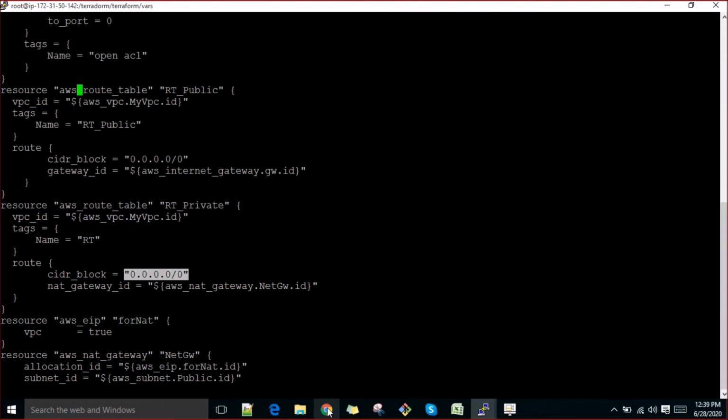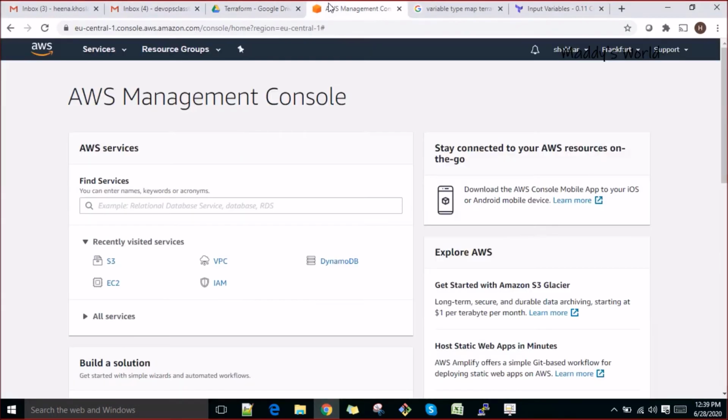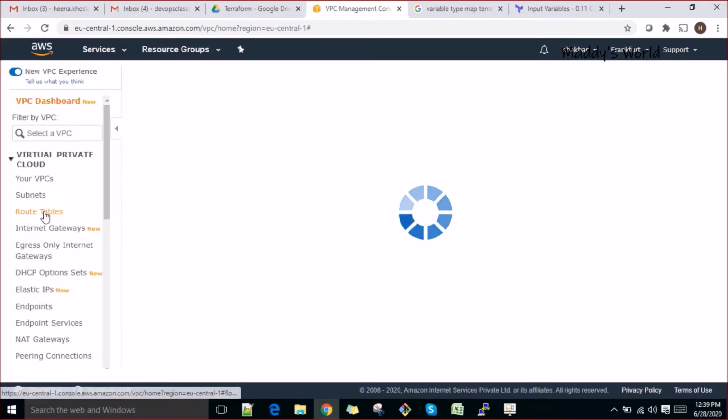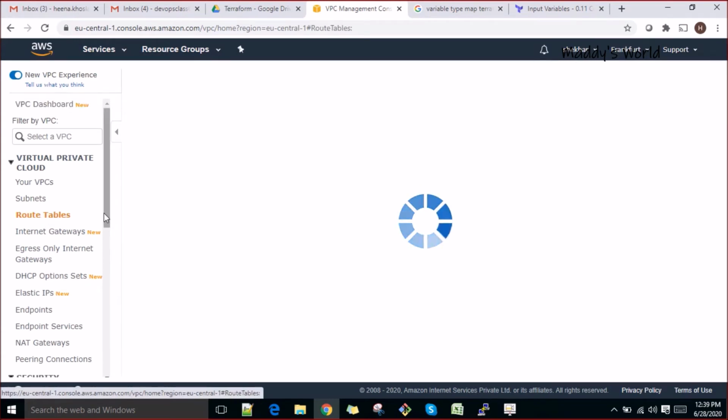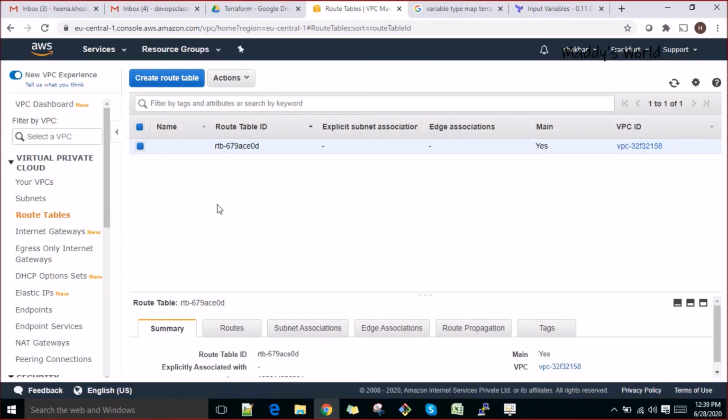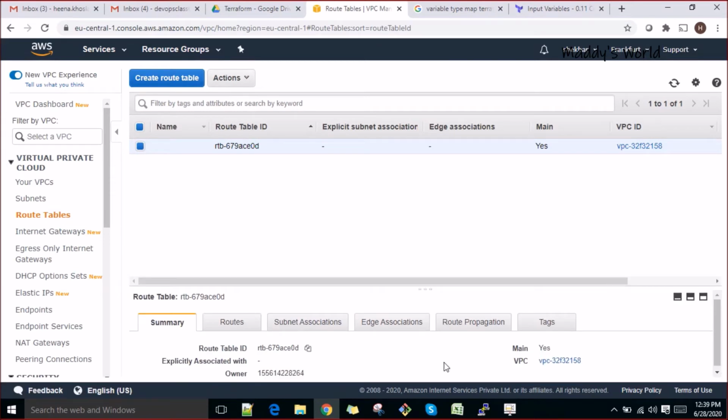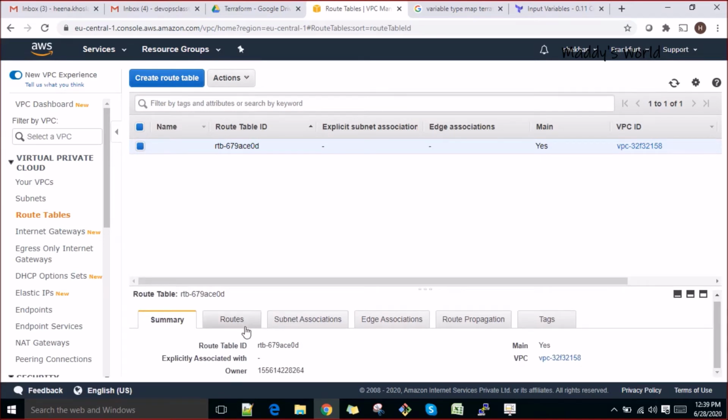Right, if you don't remember it, I'll quickly take you to the VPC section in the route table, but I believe you would have remembered all those things. Right, we go to route table. Right, whenever we create route tables, right, in the route table we see subnet association. Right, we create the route first.